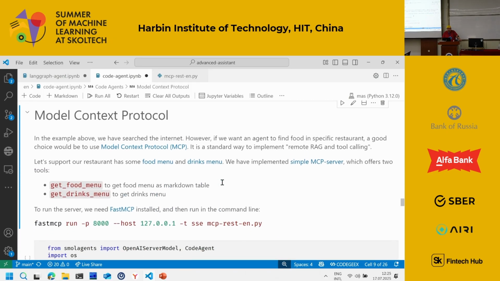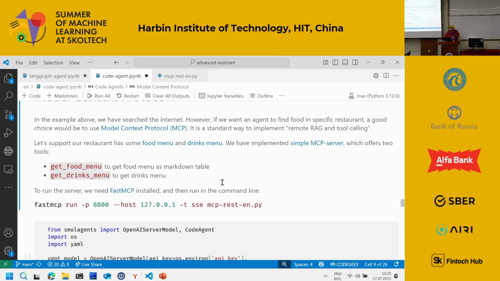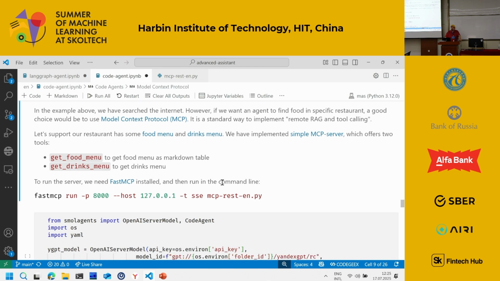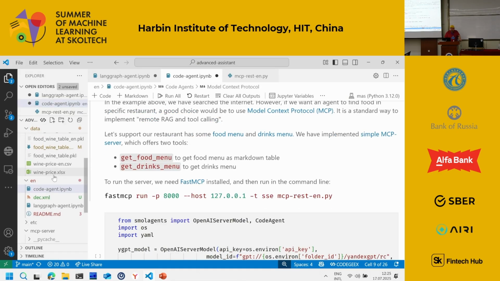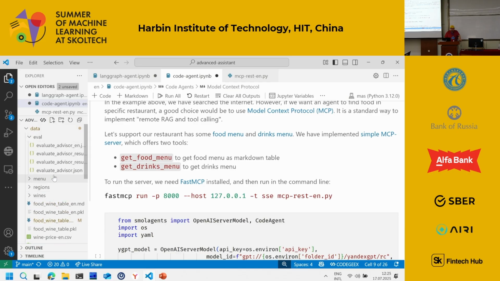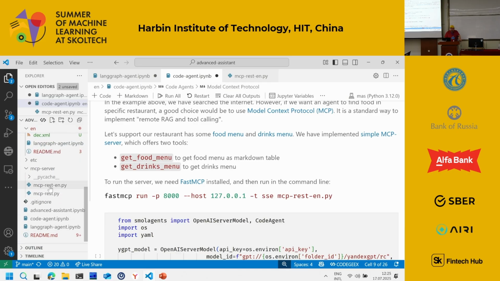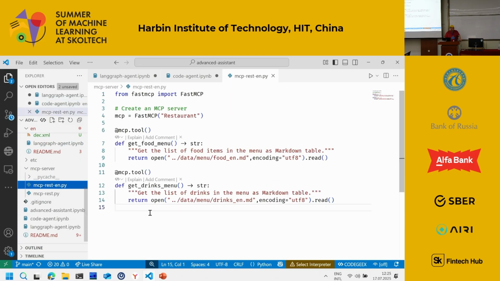So that sounds exciting. What you need to do to implement it is essentially implement an MCP server. So the restaurant would provide an MCP server giving the menu. It's very easy to do, like there is an excellent Python tooling for that. So an MCP server would look like this. You see like 1 page of code.